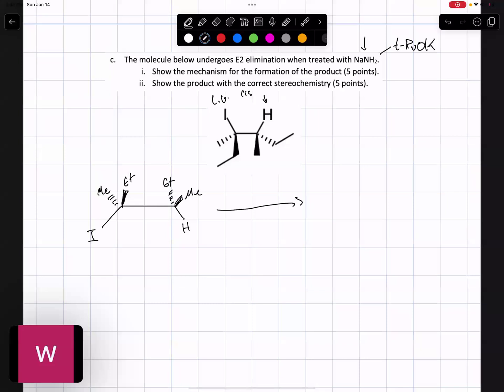And I'm treating this with sodium amide. All right, sodium amide is an ionic species. It acts almost as an ionic species, which picks up a hydrogen. But we can't pick up this hydrogen as is, right? This is the anti-periplanar concept that I've been talking about. With all other